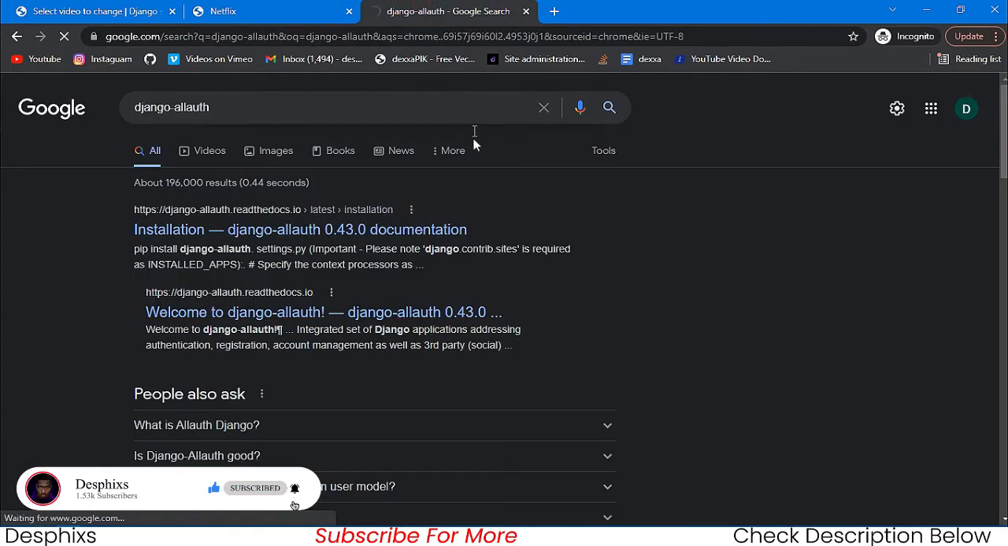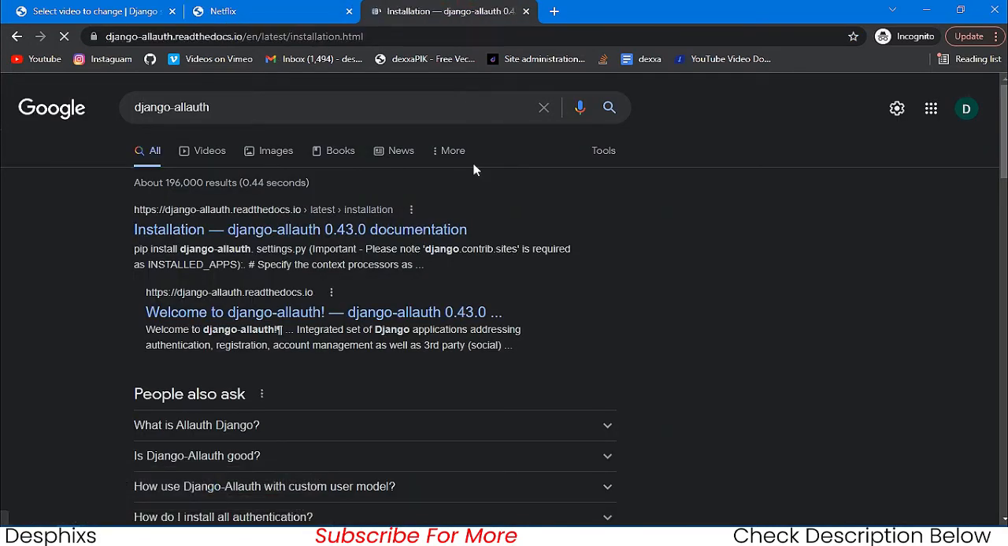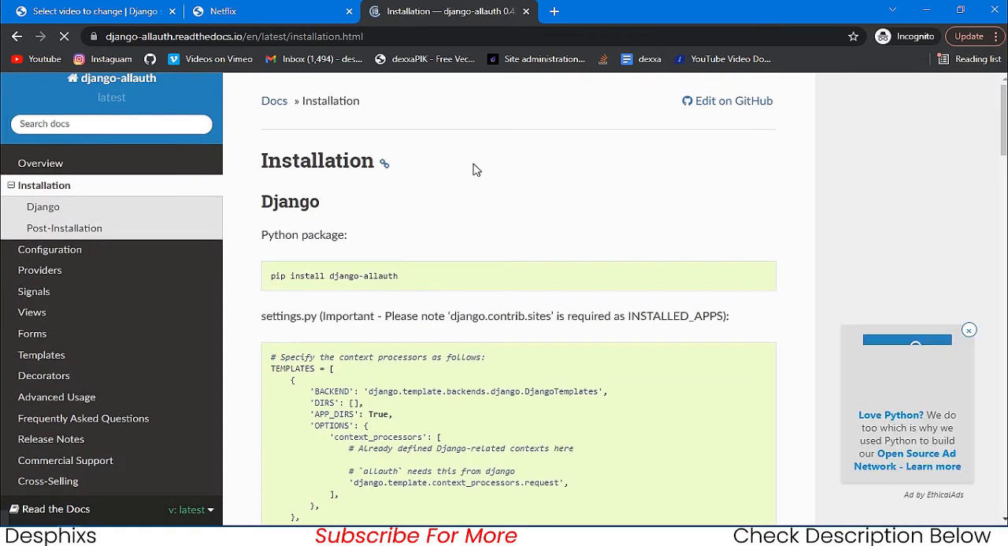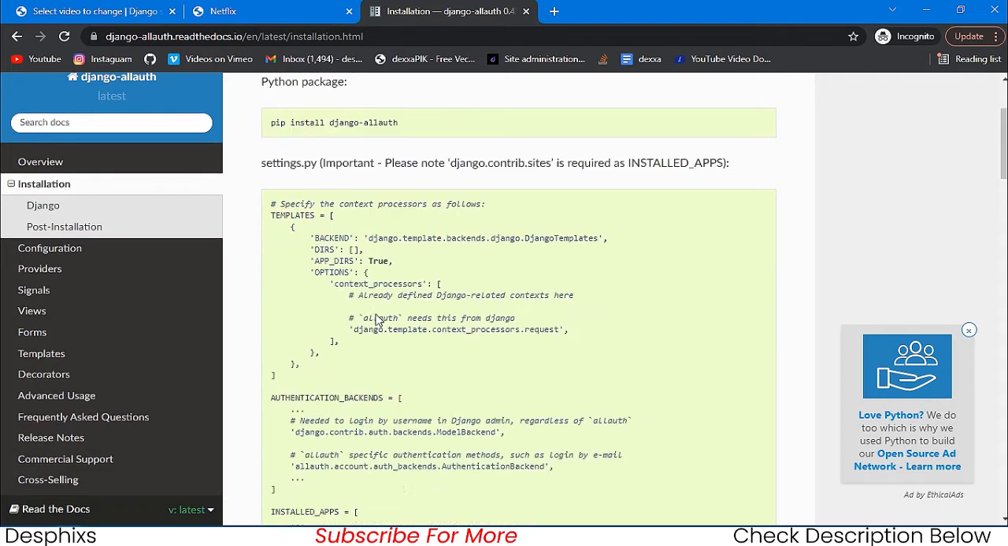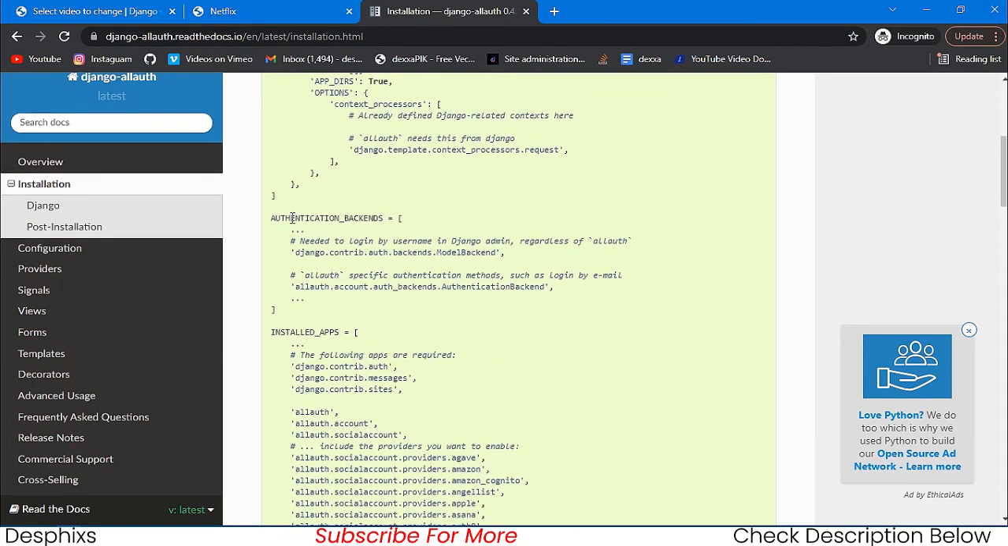Now, the first thing we want to do is go ahead and add some basic configurations. For example, we need to add the contrib.sites to our installed apps. We need to add a whole lot of things like the account authentication methods, the account email required, and all that. So firstly, you install it. Secondly, the authentication backend, we need to add it. So we could just simply copy this